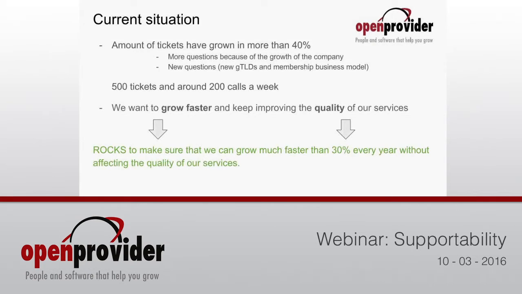The ROCs is a theory that comes from the Rockefeller habits, and it is a theory that says that the company should focus every quarter on specific topics to make sure that all the areas and departments of the company are aligned. This way, the company is ready to go faster than ever. One of the rocks for this quarter is to reduce the load of the support team by automating processes, for example. This rock is called Supportability.